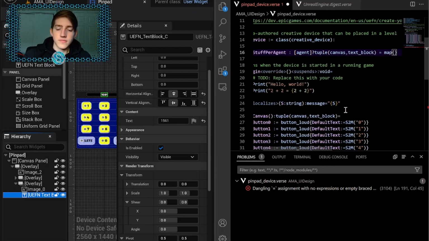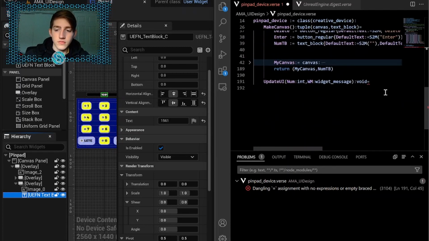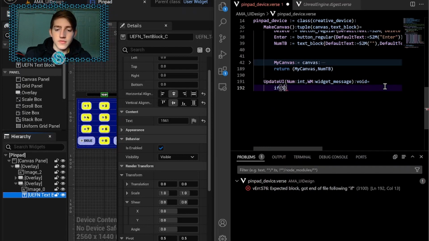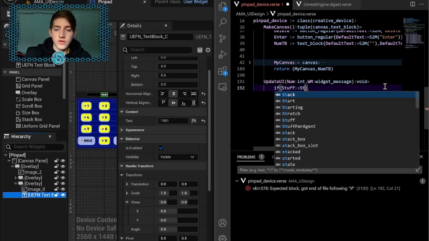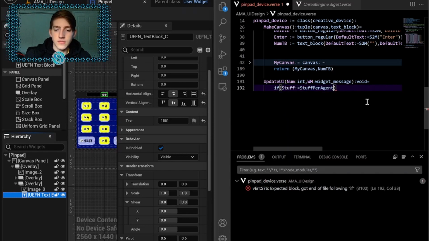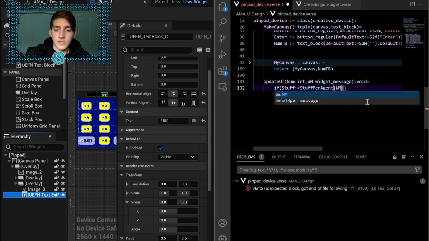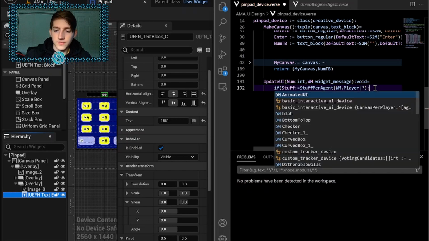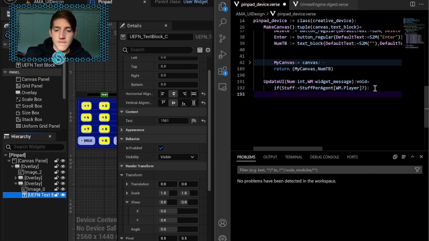That's a map, of course. So in our update UI function, we're going to do if stuff is equal to stuff per agent at index wm.player, and add a question mark because it's an optional. Then